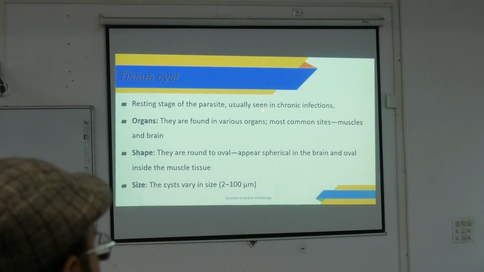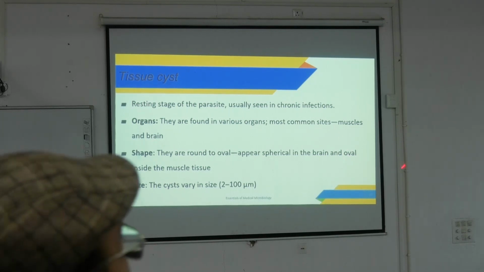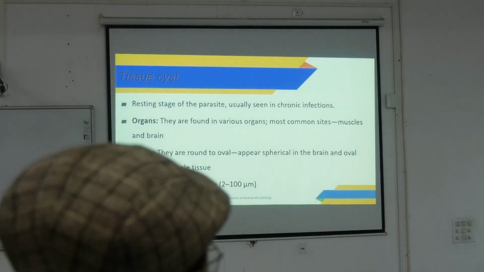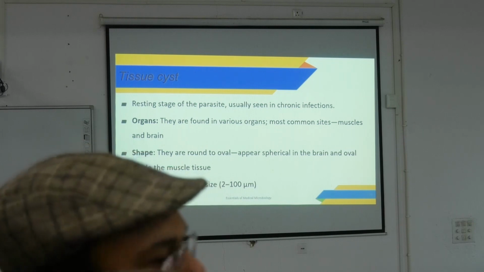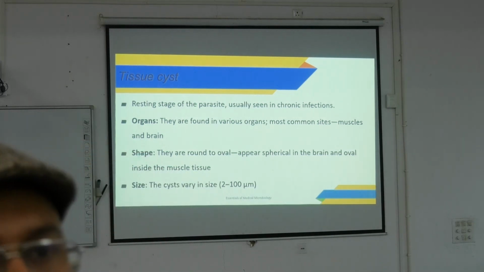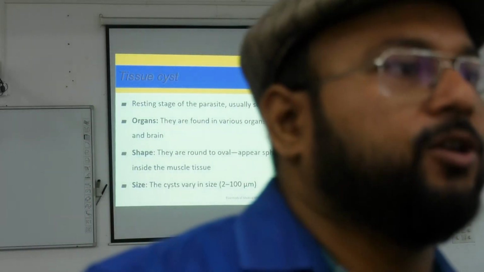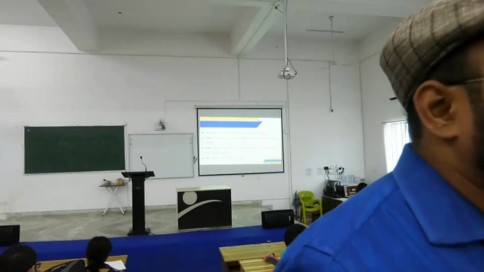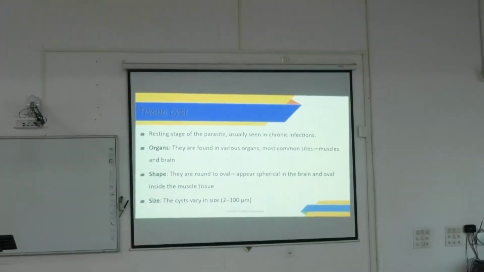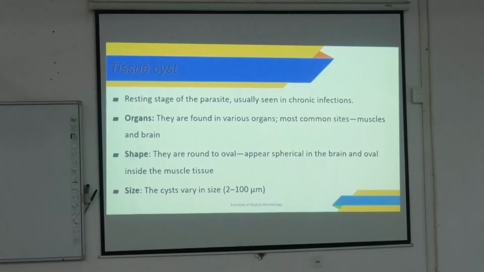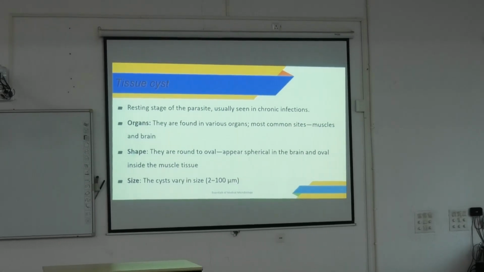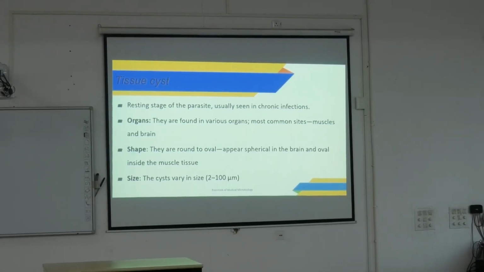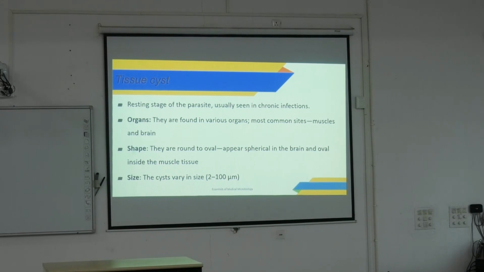Now tissue cyst, this is a resting stage of parasites, usually seen in chronic infection, not in active form. They are found in various organs, commonly in muscles and brain. এই ট্যাকিজয়েডস গুলো আস্তে আস্তে কি করে, ওরা তো ব্লাডে অ্যাক্টিভলি থাকে, নিয়ে বিভিন্ন অর্গানে যখন লজ করে সেখানে গিয়ে টিস্যু সিস্ট তৈরি করে। এটা কোথায় থাকে? ক্রনিক ইনফেকশনস। ক্রনিক ইনফেকশনস মানে কি? অনেকদিন ধরে